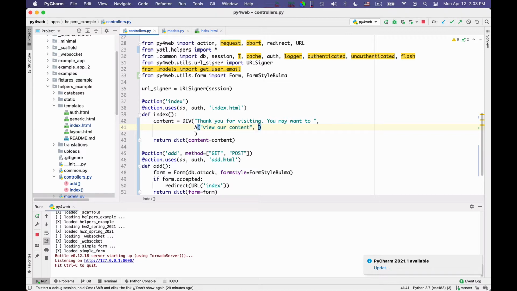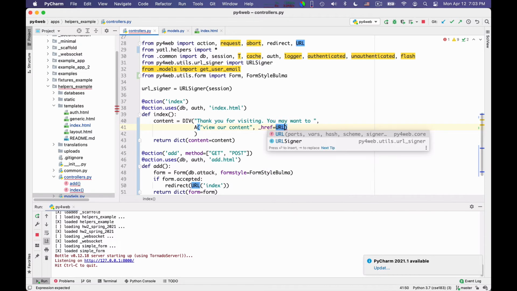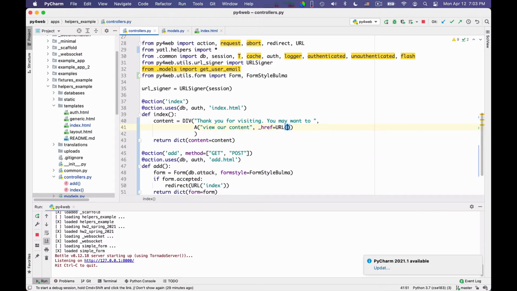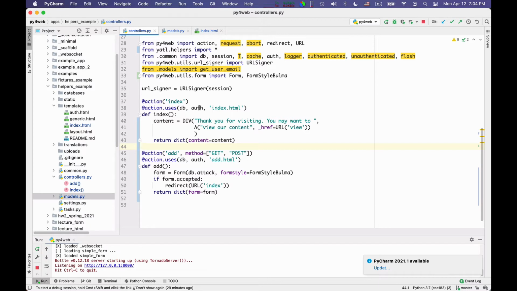Okay, and so this is an href, so a link that goes to a URL that is to the controller view simply. Okay, so this is just a generic index page that I created just not to have a page that doesn't do anything special.